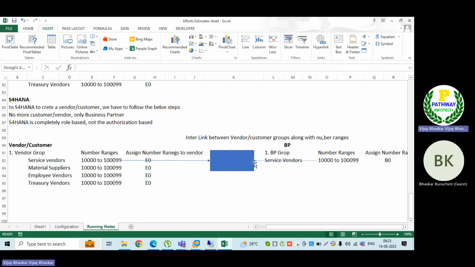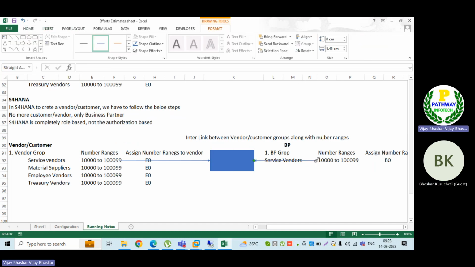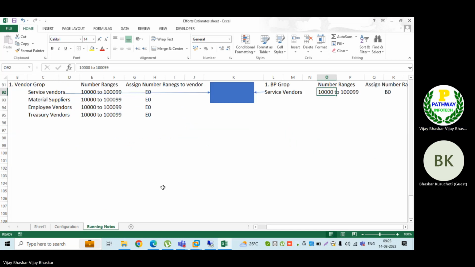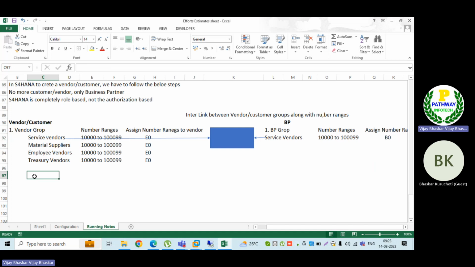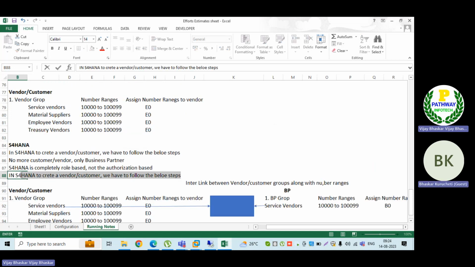If this group is already assigned the number ranges, then this group as well as this group, both groups have the same number range here. So in S4 HANA, what will happen? In S4 HANA, in S4 system,